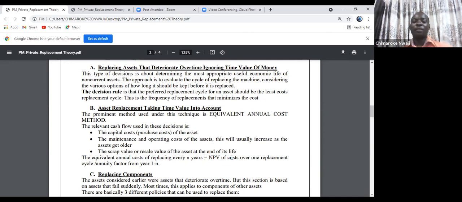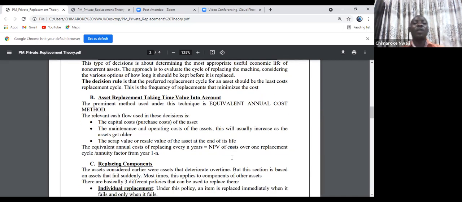as at that time. And so the equivalent annual cost of replacing every n years will be the NPV of cost over one replacement cycle. We're going to explain that when we solve the question. So the equivalent annual cost is simply